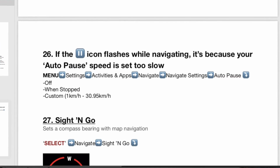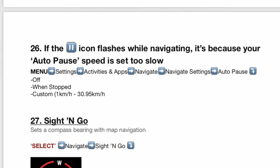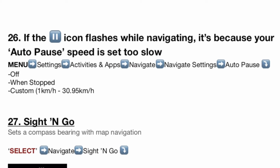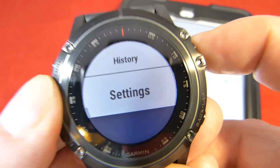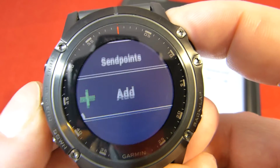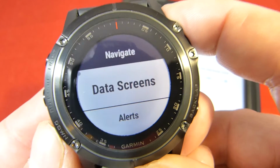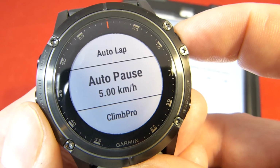So looking in my instruction manual under menu 26, it says if the pause icon flashes while navigating, it's because your auto speed is set too slow. So what you do, you enter the menu, you select settings, activities and apps, and then select navigate. And then select navigate settings, and here at the very bottom is auto pause, and I have mine set at